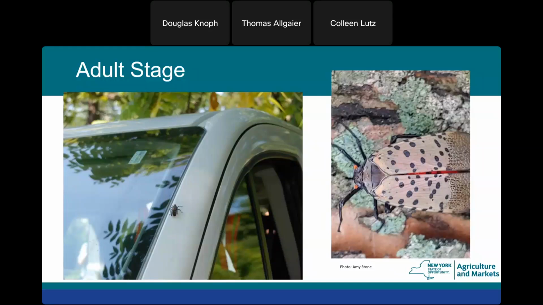The location in Pittsburgh, Pennsylvania, was a camper that was moved from Pittsburgh, Pennsylvania, out west to Illinois. And when they moved their camper, they realized there were eggs that had hatched from underneath the camper. They like rusty metal, and they like protected areas to lay their eggs. So keep that in mind if you're looking for egg masses. We'll talk a little bit about that later. So next page, please.